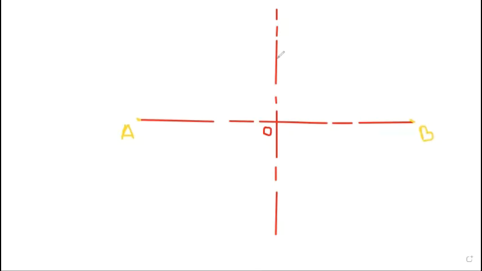And here, suppose this point will be C, and here we measure, this will be D. So CD will be 60 millimeter, meaning O to A equals 40 millimeter, O to B also 40 millimeter, and CD equals 60 millimeter, O to C equals 30 millimeter, O to D equals 30 millimeter. So first we do the concentric circle method. First, taking the center point O, radius OB, we draw a half circle.